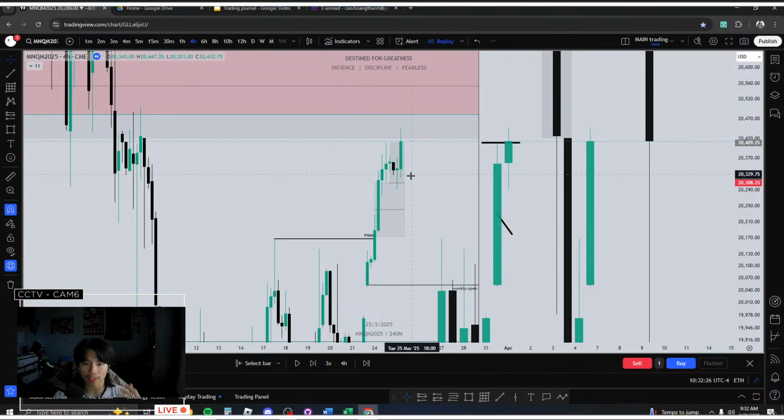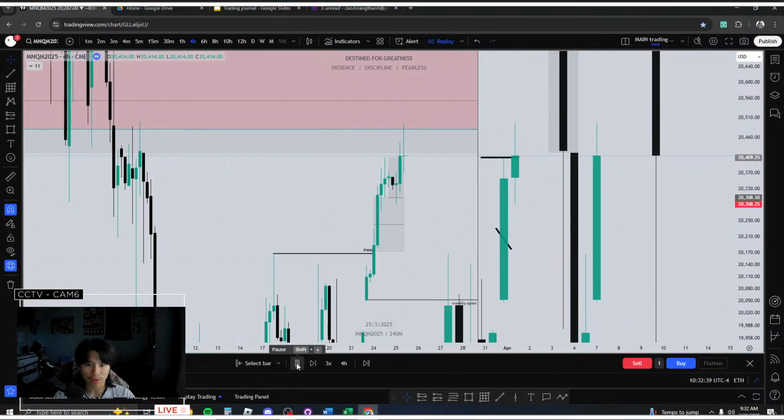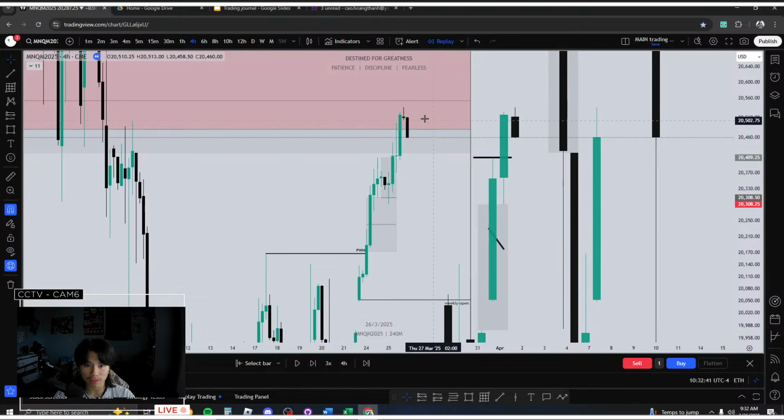I don't care if I get stopped out at break even or if we're going to continue higher towards that premium. Once we take out my model's objective, I'm moving my stops to break even, and I'm just letting price do its thing. And so we expand towards the premium of that dealing range here